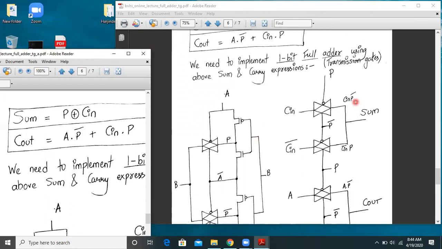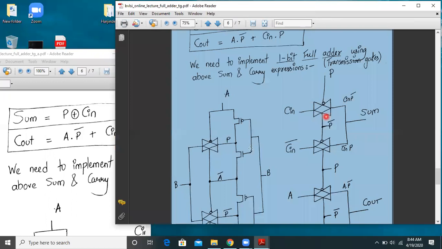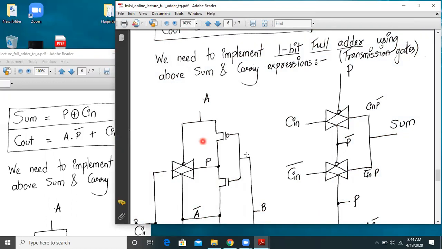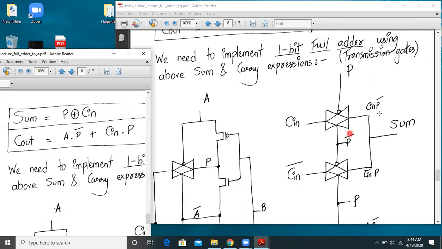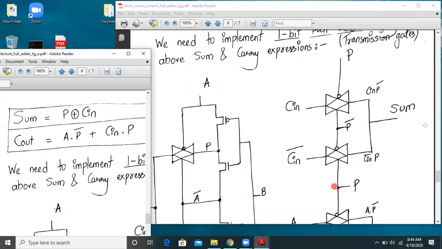So now we will try to understand what we are trying to do. The first part over here, I hope the circuit to the left is clear to you all. What we are doing over here is explaining how the sum is generated at the output. Basically the sum expression is P XOR Cin. We have generated P from the circuit over here.